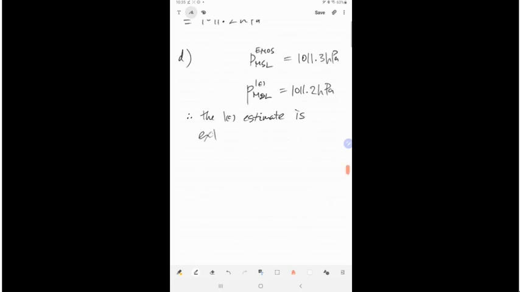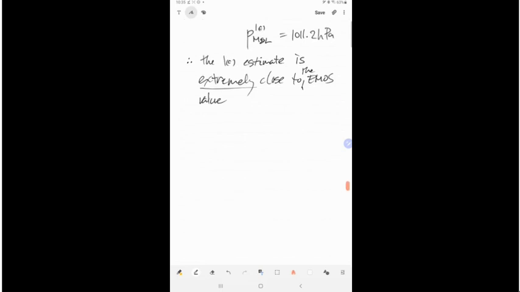is extremely close to the EMOS value. And again, this is not necessarily required, but the reason why the two values are so close is that for the date and time of observations, the STP,